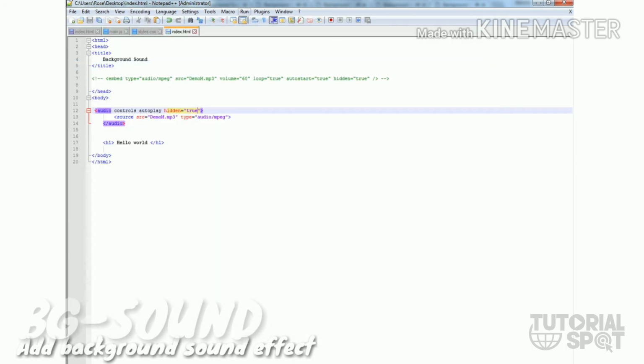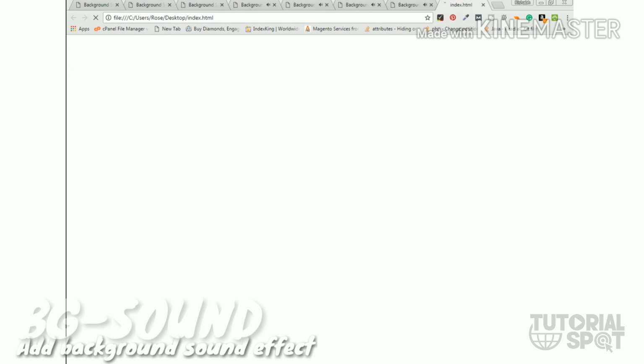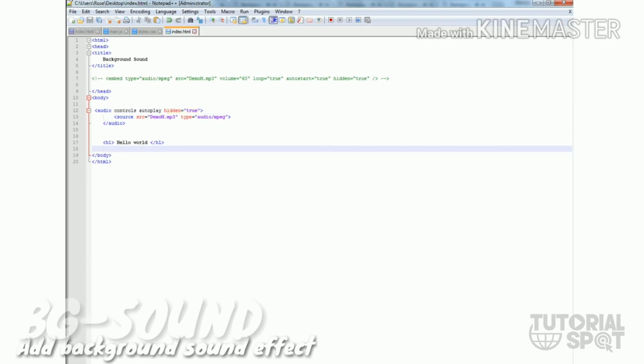So this is a very pretty thing if you use it in your browser. This will make the site more user interactive. Users will interact with your website for more time if they hear any sound from your site. So they will look more and give more time on your page. So this is one trick to attract users to your site.